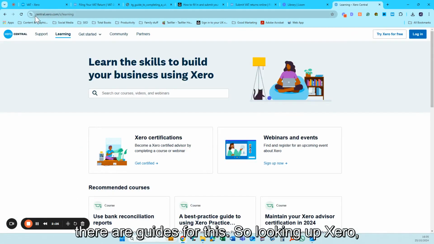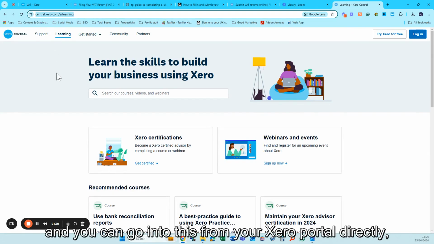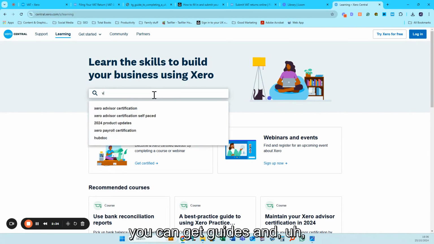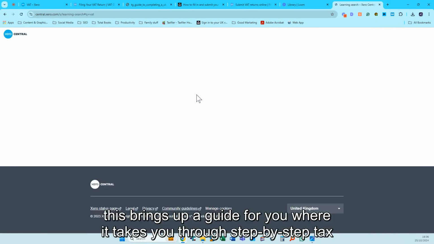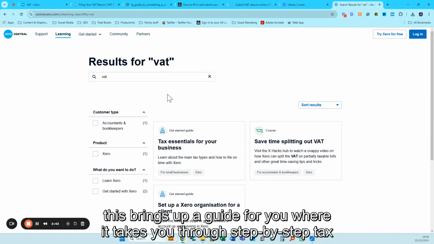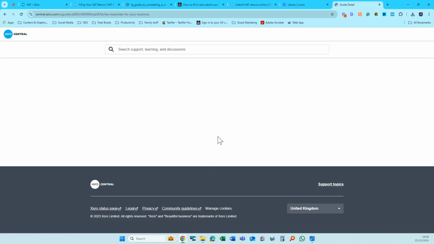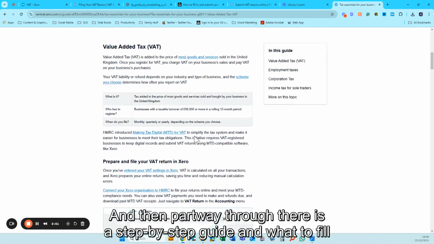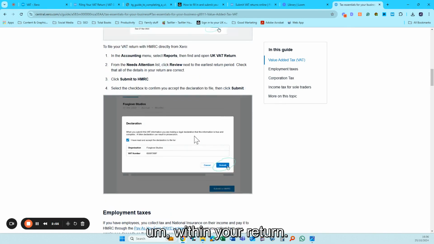So looking up central.xero.com learning, and you can go into this from your Xero portal directly. You can get guides and videos. And if you type in VAT there, this brings up a guide for you where it takes you through step-by-step tax essentials for your business. Click on that. And then partway through there is a step-by-step guide on what to fill in and where and how within your